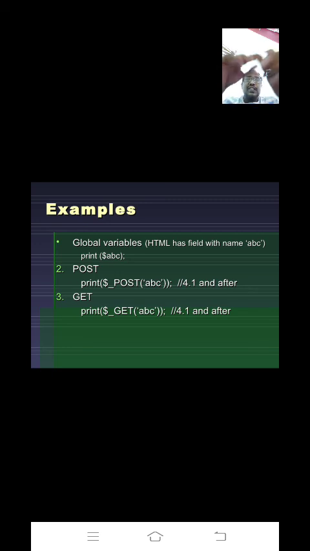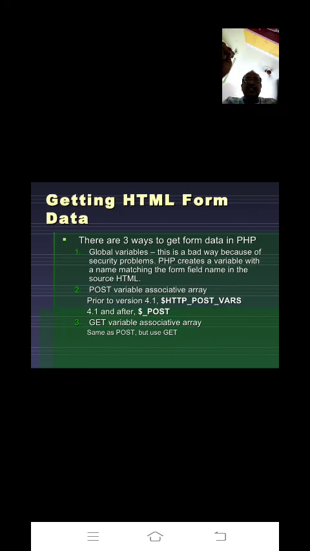So are you understanding this? Totally how many ways to get the information? Three ways. So there are three ways to get form data in PHP: global variables, post variables, and get variables.